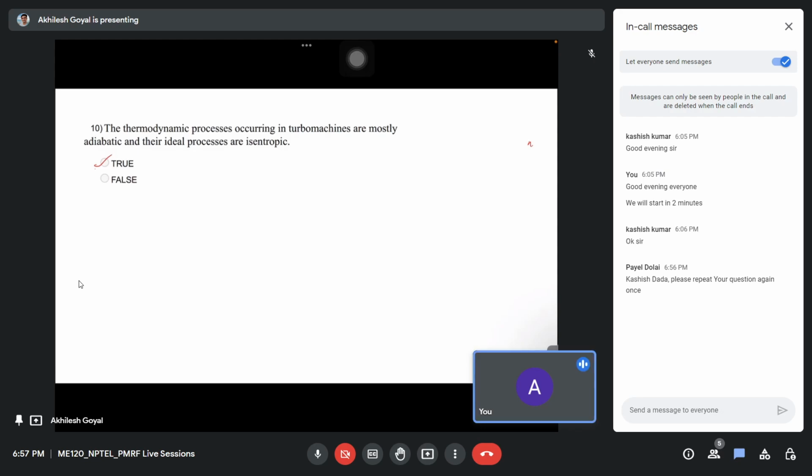So Payal, did you get what Kashish asked? He is asking if inlet velocity is higher or outlet velocity is higher in turbojet engines. Right, Kashish? Yes, sir. You guys think about it, like which velocity should be higher. It is a very basic and easy question. Outlet velocity is higher because